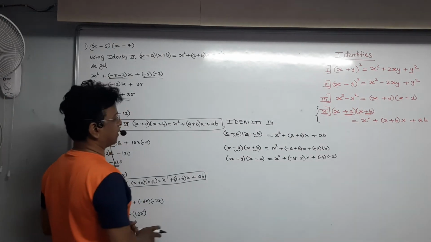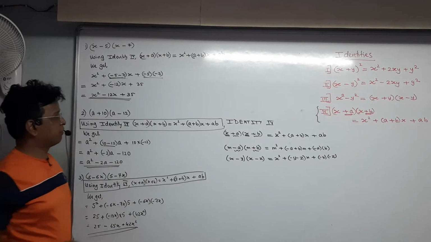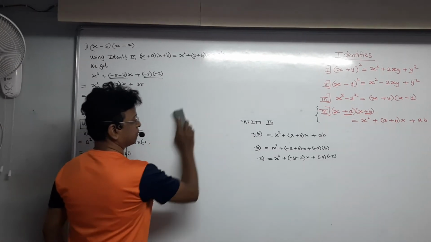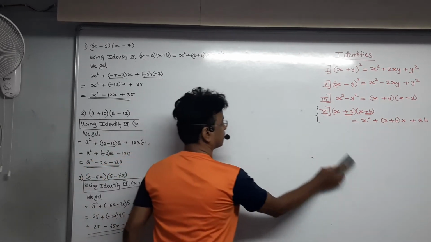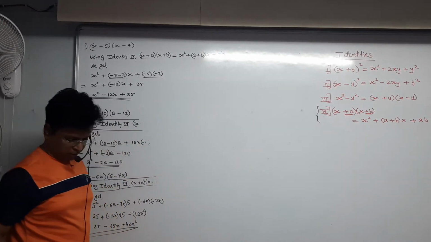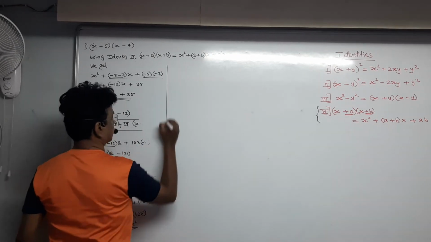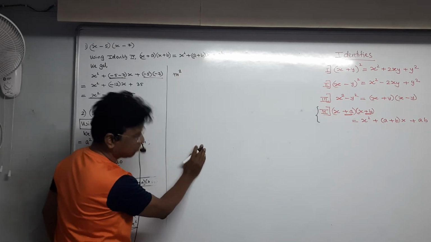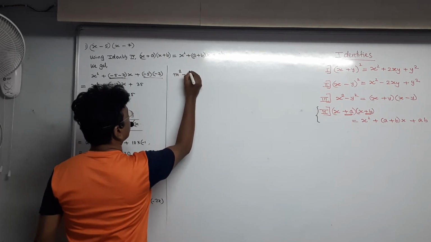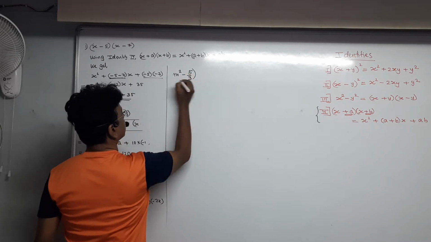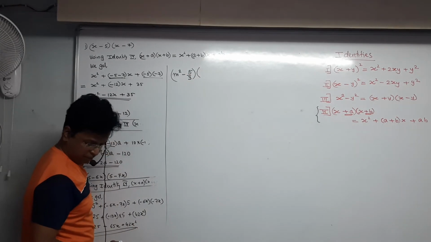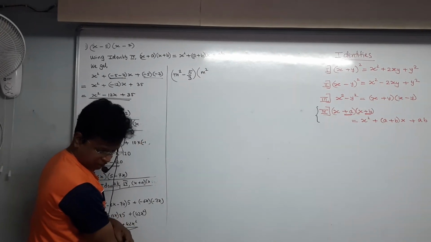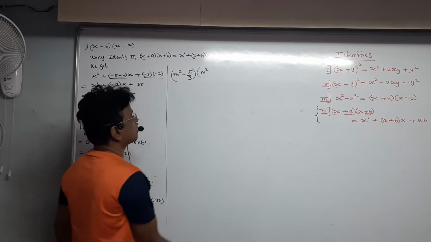Now one slightly different or difficult, whatever you say. See, supposing I have got something of this sort. m square minus 5 upon 3 in one bracket. In another bracket, this is